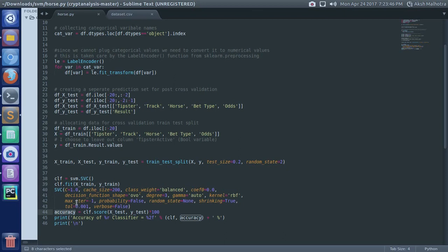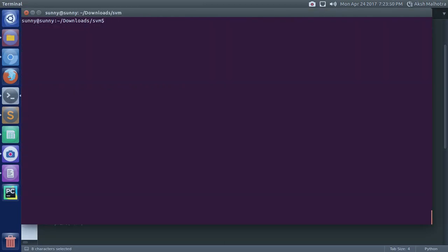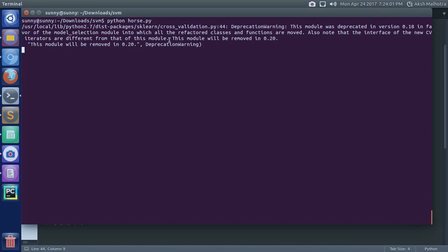Okay, now let me run this code to show you the accuracy of this model. To run this code we have to run python host.py. This is our file name. Now let it run.